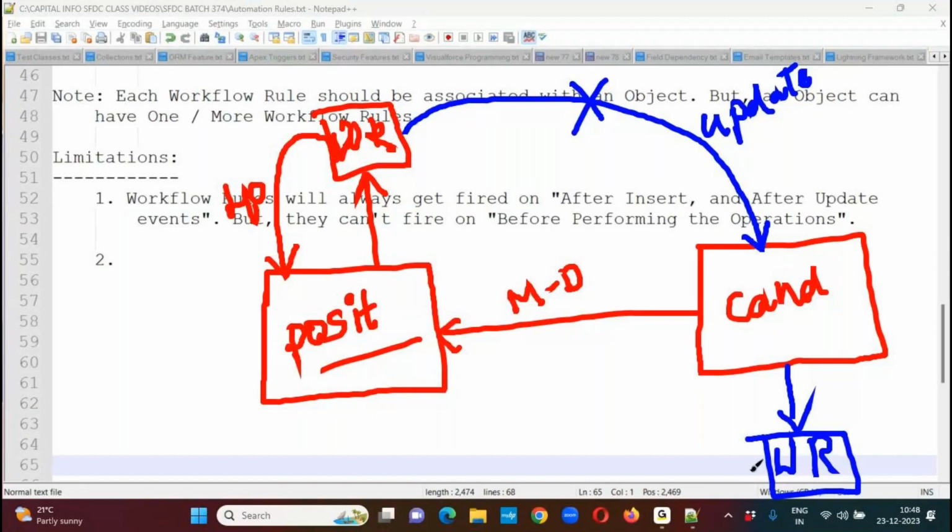Through this workflow rule, I want to update the fields inside the position object. It will support. So through these workflow rules, not only updating the fields inside a single object, we can perform cross object field updates also. Like for example, when you go to that reports concept, we have discussed various types